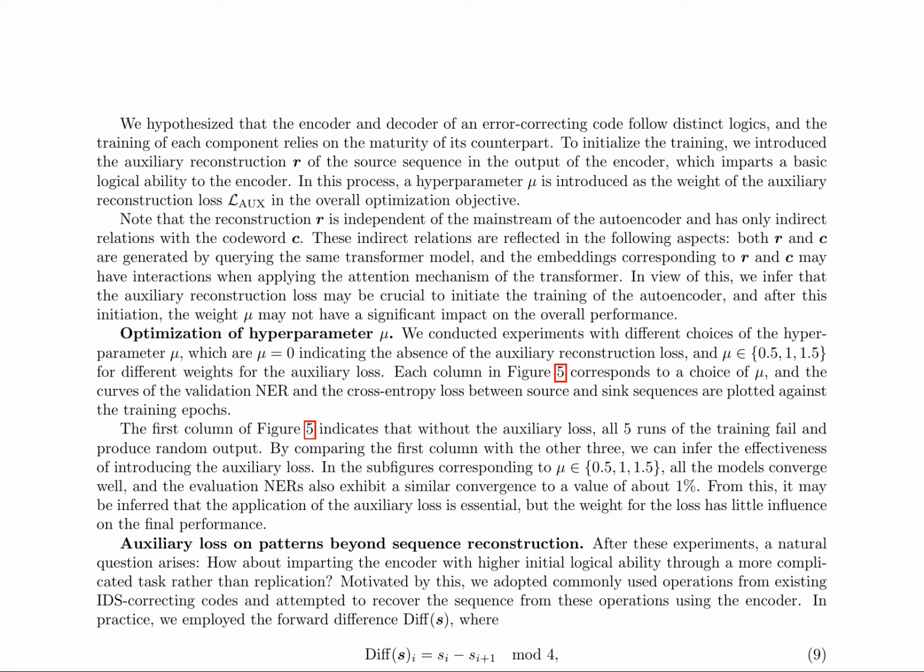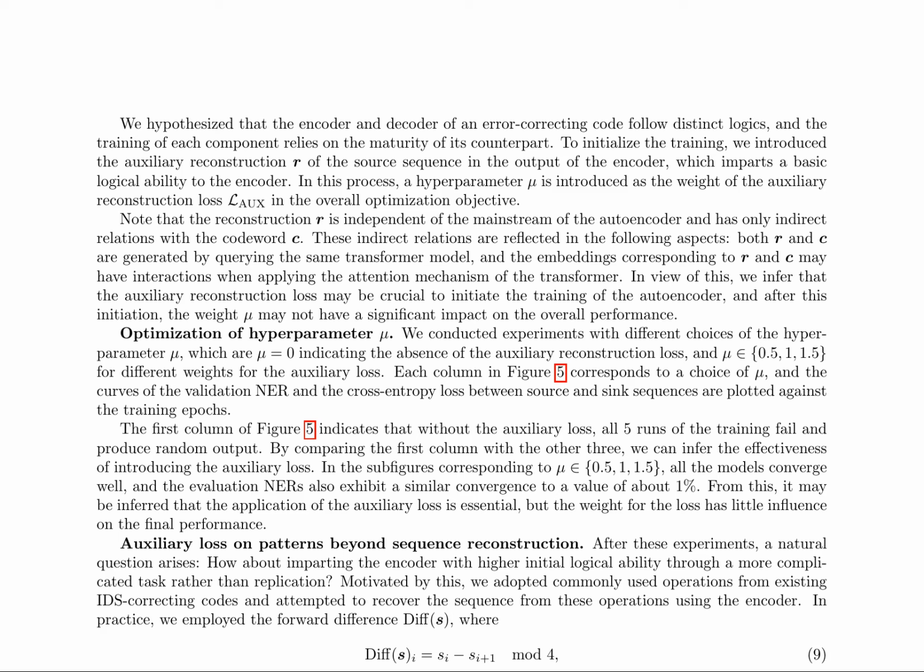To initialize the training process, an auxiliary reconstruction of the source sequence is introduced in the output of the encoder, imparting a basic logical ability. This auxiliary reconstruction involves a hyperparameter mu, which represents the weight of the auxiliary reconstruction loss in the overall